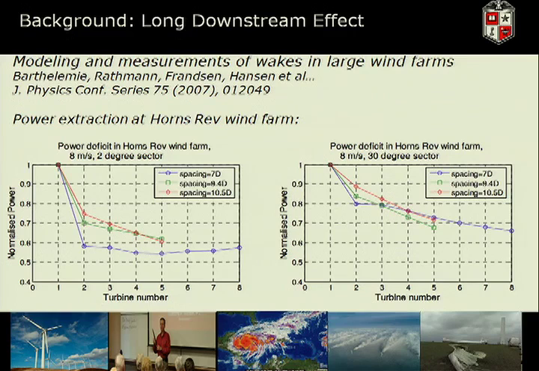Now, it's more than that. You could see that when they're separated only 7 diameters from each other, you have a power drop of about 40%. This is not good news. So you could have a wind farm that is operating at low speed and performing very badly because of issues like this. Or you could have very good wind, but this wake interaction will really make a nightmare for most people.